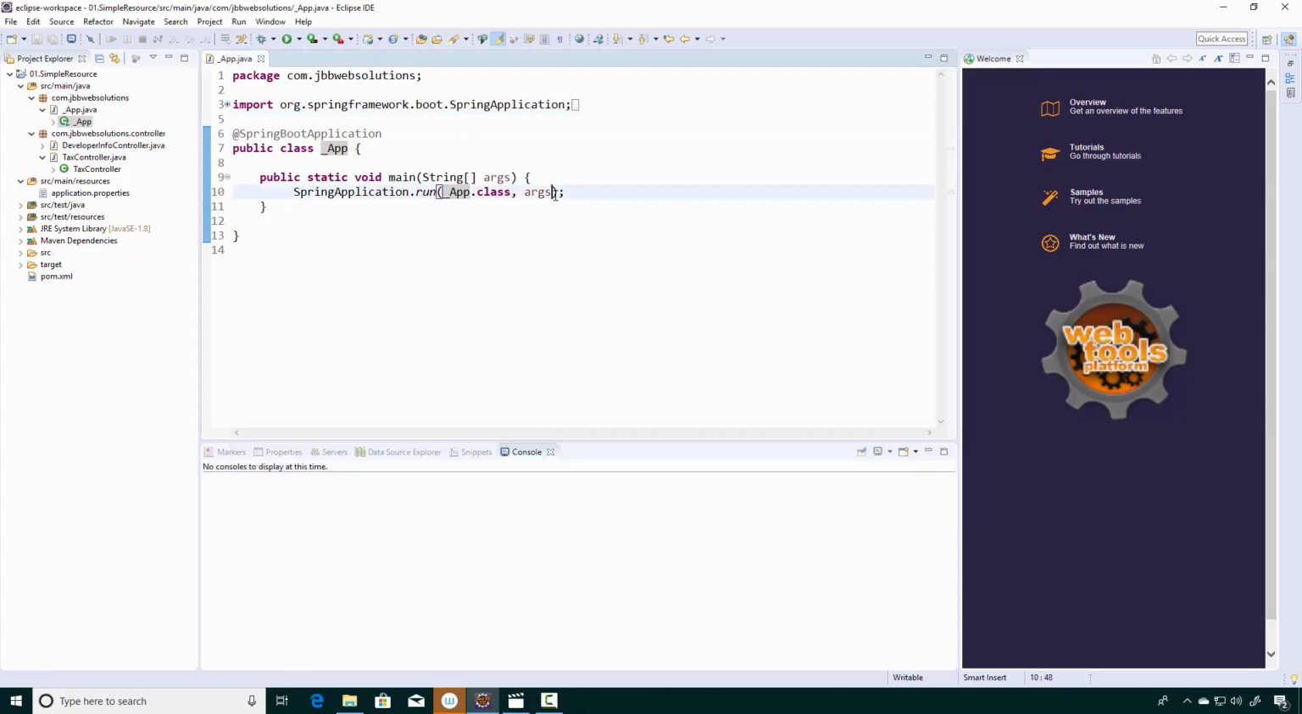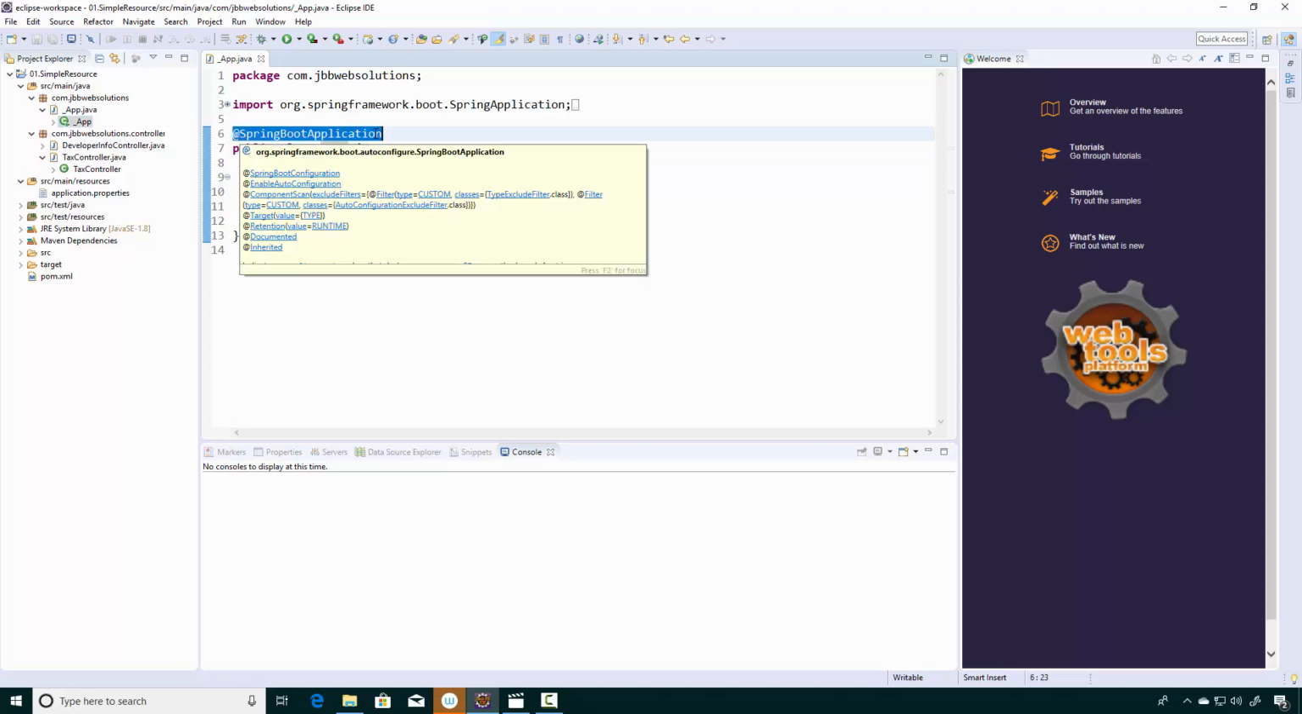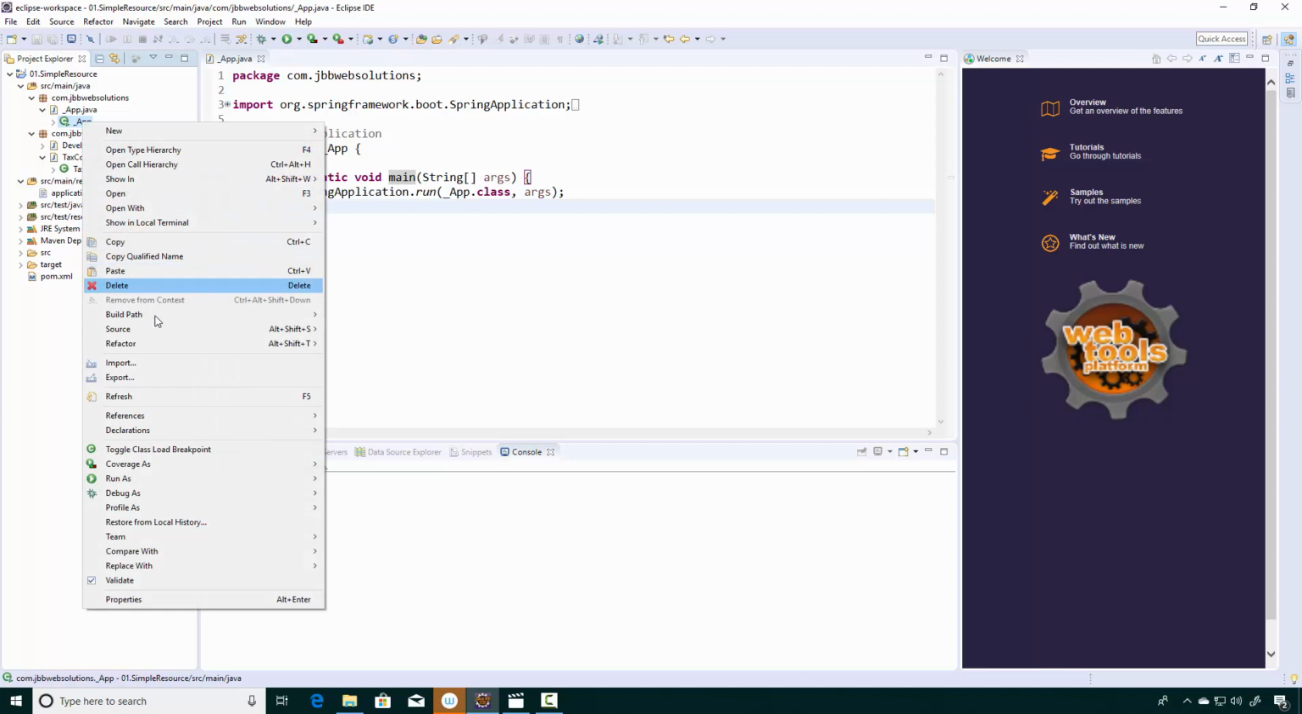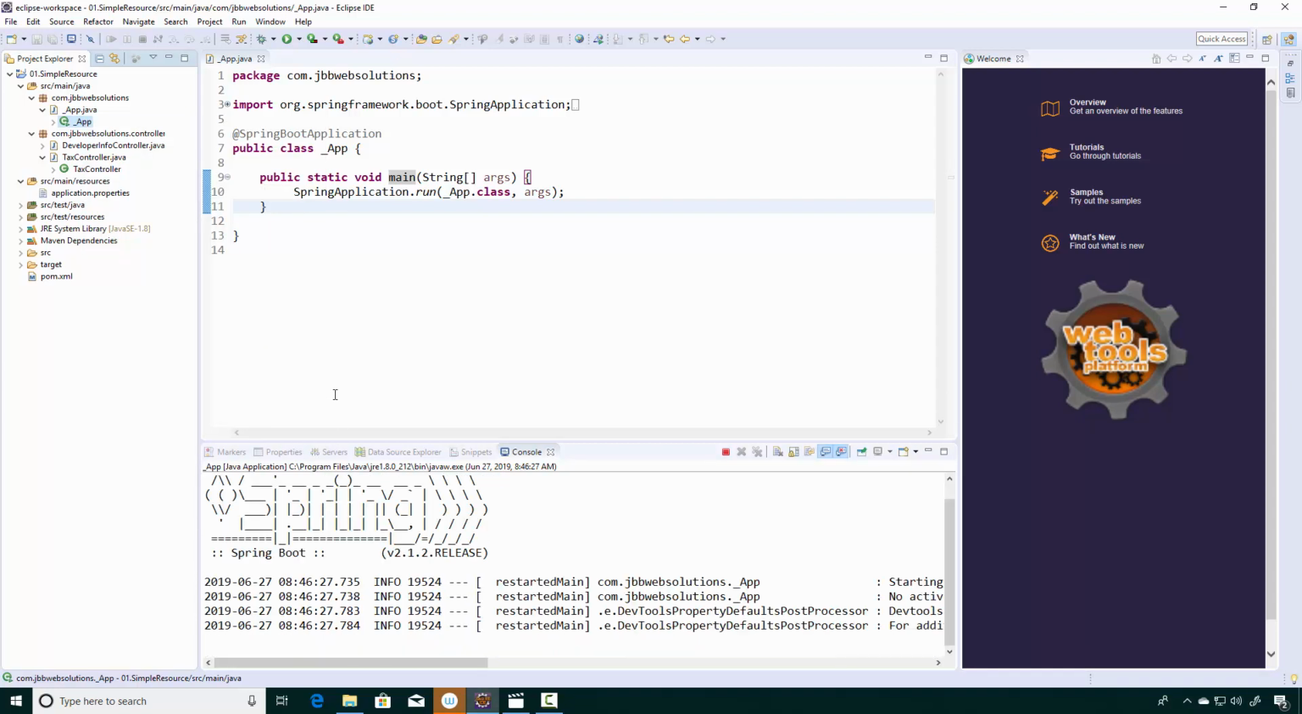First thing I'm going to do is let's run this application and make sure it starts. Go to this main class. Remember, you're looking for the one that has Spring Boot application. Must have a public static void main, and you'll execute it in this manner. If I do a run as Java application,